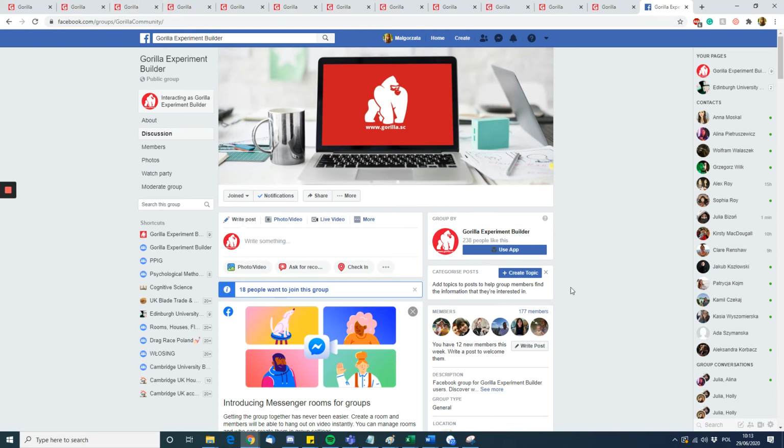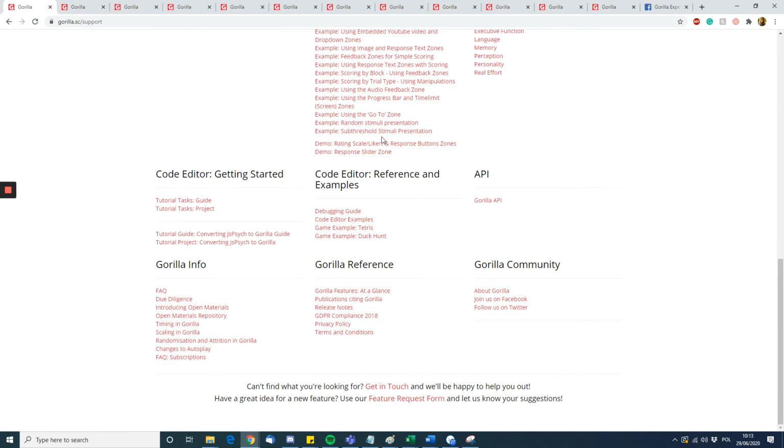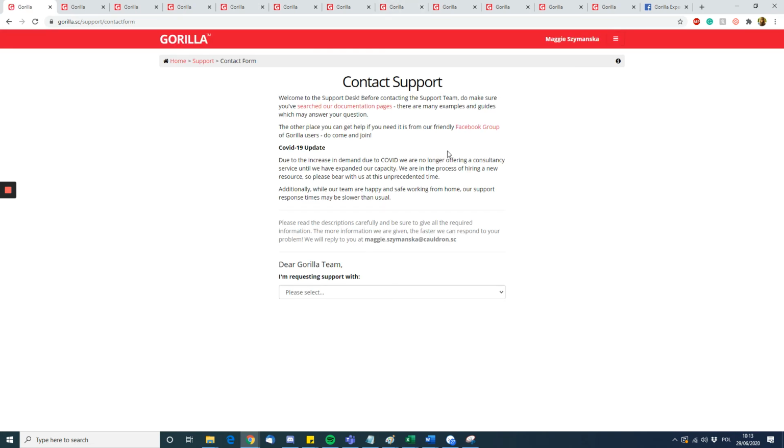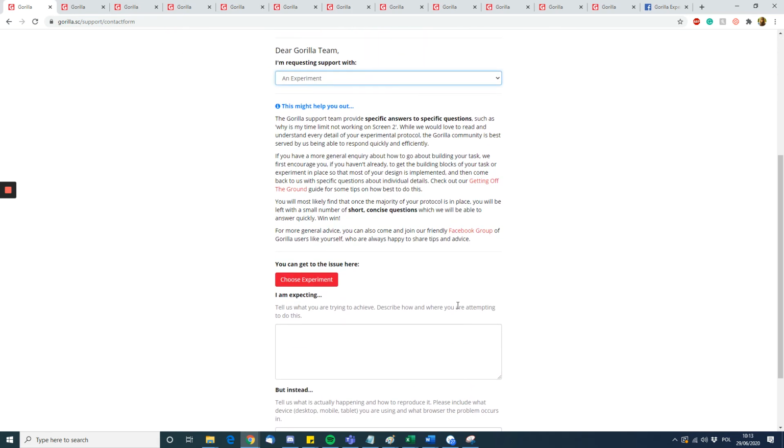problem that you are. And then there's also the option of contacting the support team on Gorilla, and you can do that by getting in touch at the bottom of the support page. And here you can fill out what your problem is and specifically write about the issue. We do ask for it to be a very specific question, just because we do get a lot of support tickets. And the more specific your question is, the easier it is for us to understand what you want to do, and the easier it is for us to help you, and it works out the best for everyone.